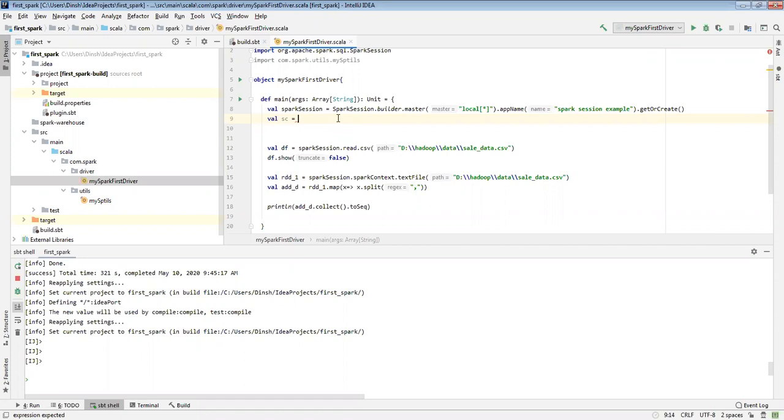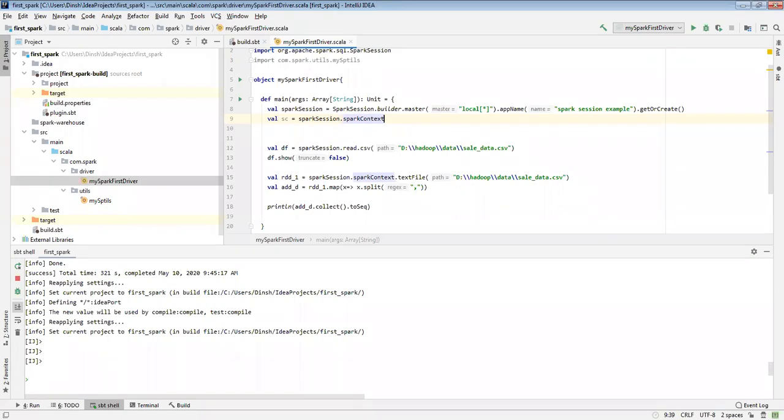So how to get the Spark context? Spark session dot sparkContext. Now I can infer the Spark context from the Spark session. Any questions about Spark session and Spark context?